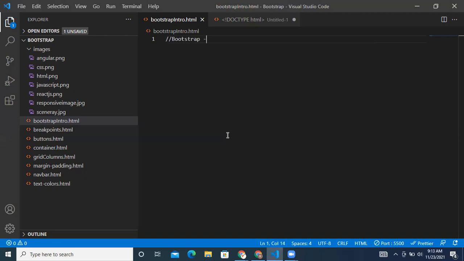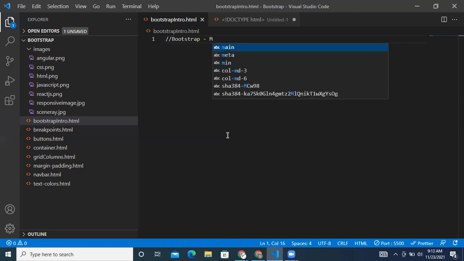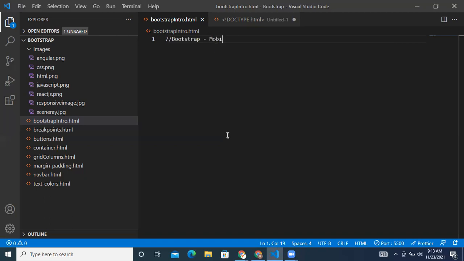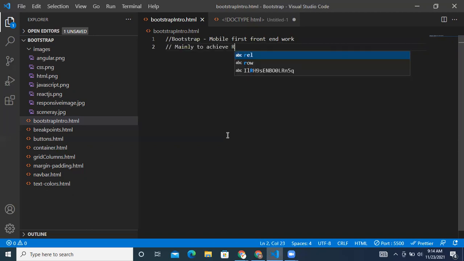Bootstrap, it's a mobile first front-end framework. And it is mainly to achieve responsive